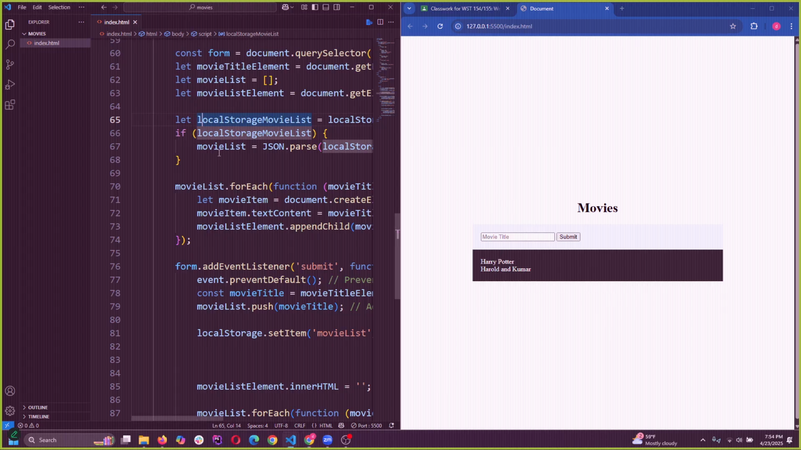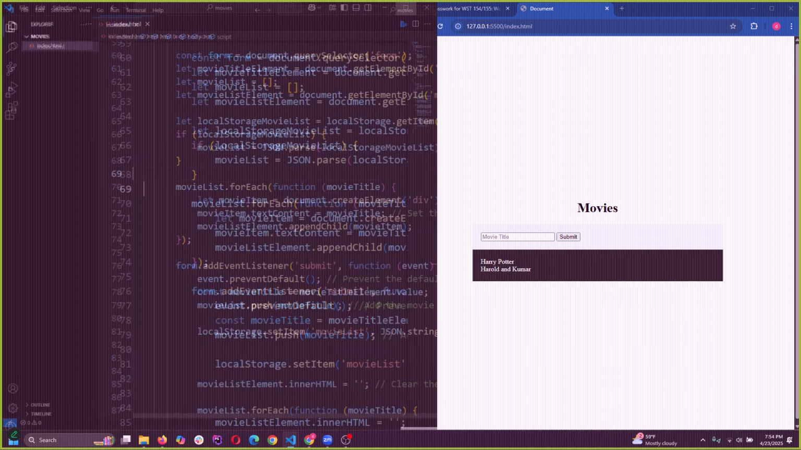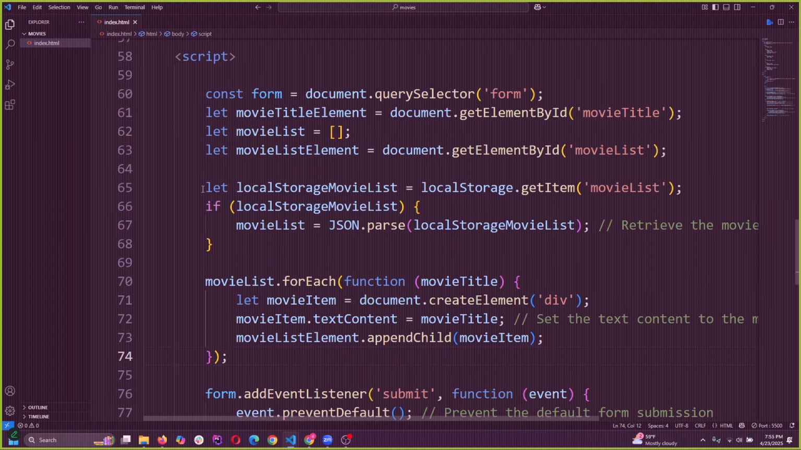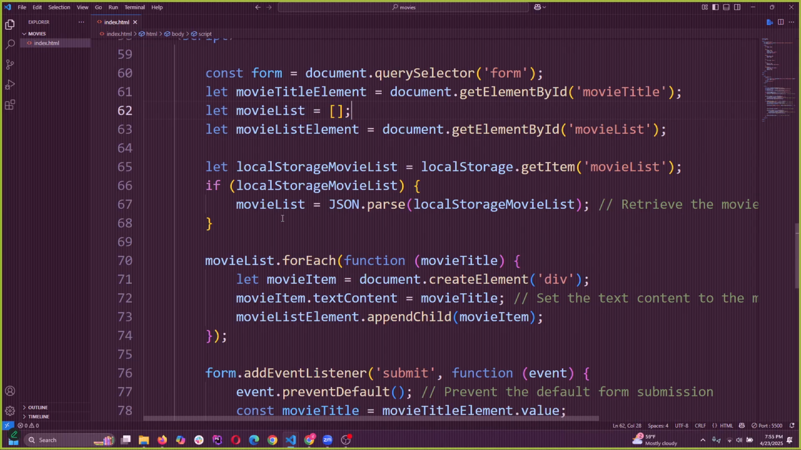Because now it's checking for local storage. If it finds that, it's replacing that list with, so replacing this empty list with the local storage list. It makes sense? So in case we didn't have this, we would use an empty list, but we're checking here, let local storage movie list equal local storage get item movie list. If it's there,